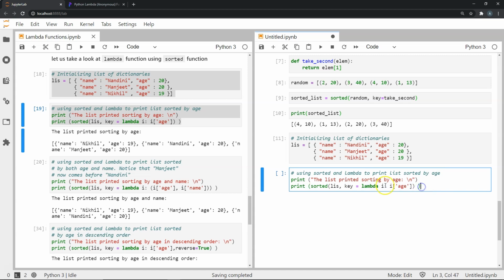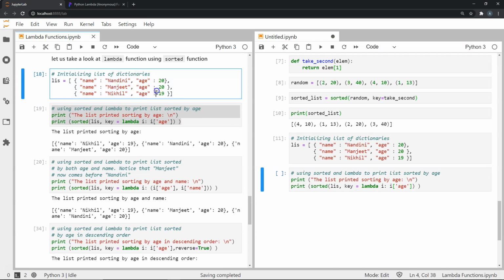We say lambda, it will take one argument I, and then it will return the age index for some I. We're going to presume I to be some sort of an iterable which has an index called age, which is the case here, right? We have a bunch of dictionaries where there is a key in each of these dictionaries called age. So we're going to use that.